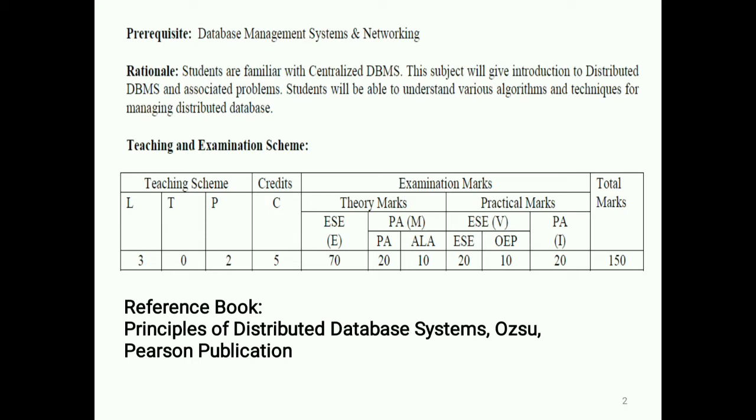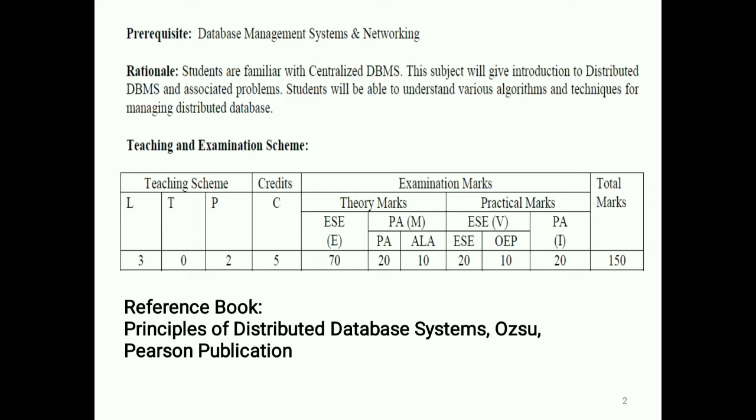In our syllabus, total theory lectures are 3 and practical hours are 2, so the credit is 5. Here you can see that it's 3 lectures, 2 hours practical, and total credit is 5. In the final examination, a 70 marks question paper will be asked, and internally 30 marks will be taken as mid-sem. In external, it's 20 plus 10, and 20 again for your practical performance, and external viva 30. So the total is 150 marks to appear for, and based on the marks you get, you will get the grade